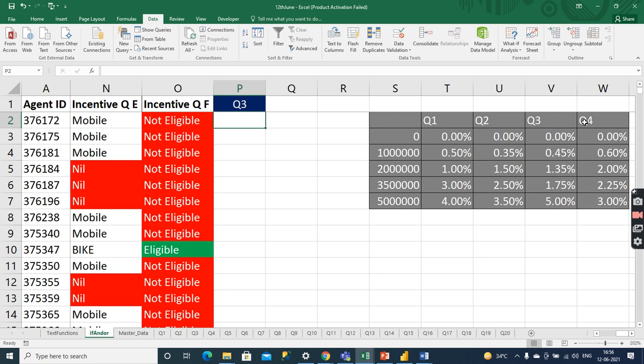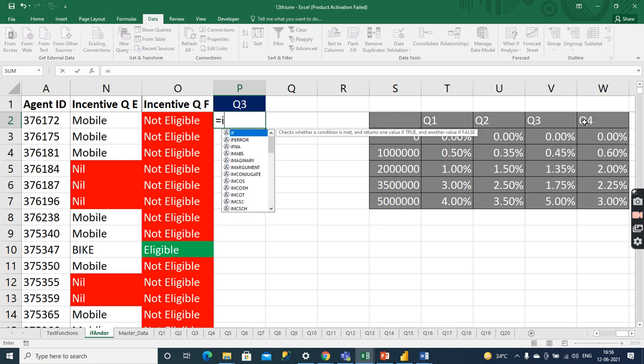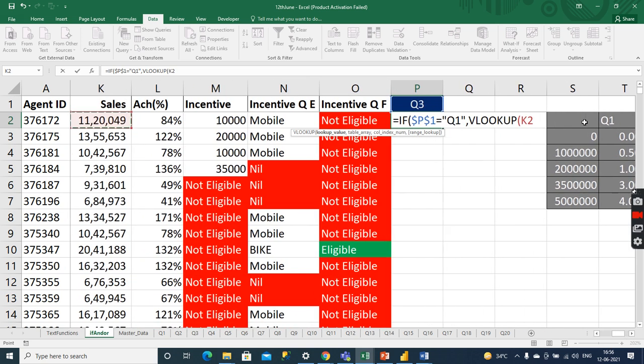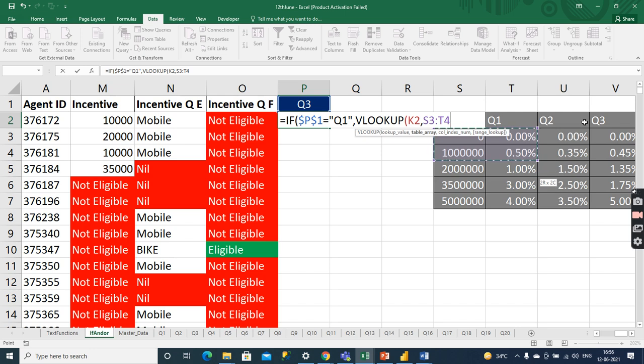So now I have to apply the conditions here. So IF. We have already learned the VLOOKUP one, right?